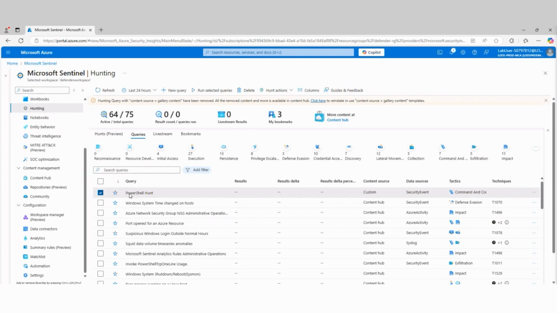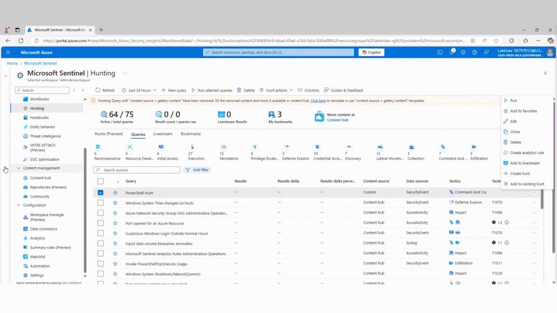And then what I can do is I can go in. There's a couple things I can do here. On the far right, I can run it. I can add it to my favorites. I can modify the query. I can clone it, delete it. I can create an analytics rule, which means I can now schedule it to run constantly if I want to. I can add it to a live stream. Live stream, basically, runs back to back to back to back. It doesn't stop until you tell it to stop.